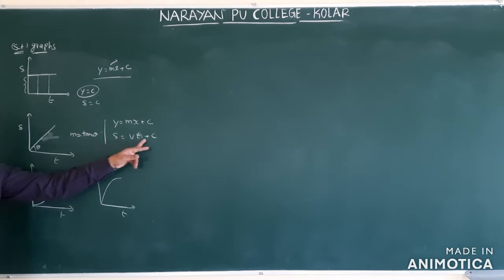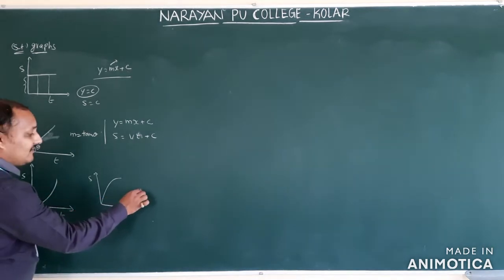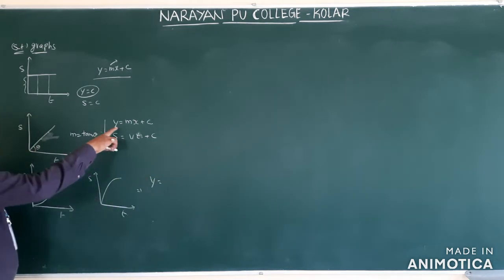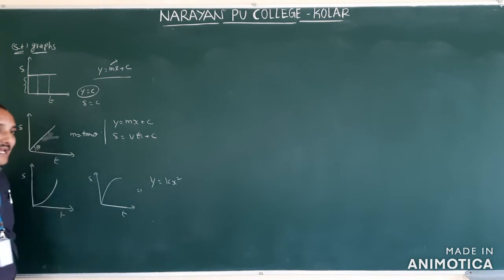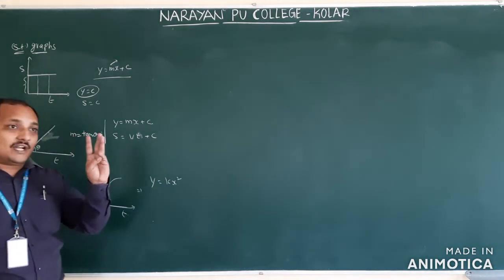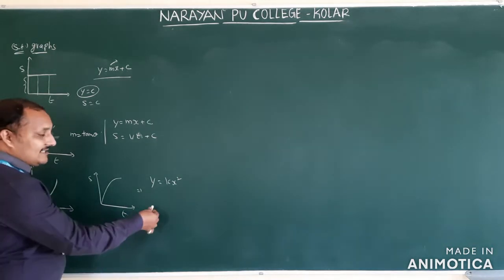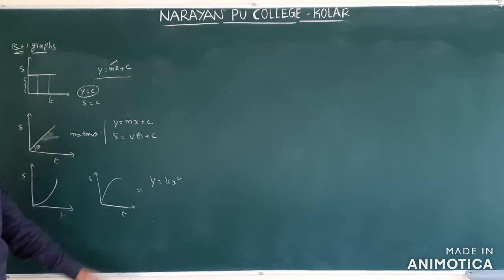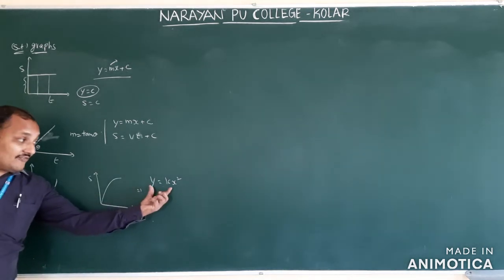If you get an equation like this, that is a straight line. If you get an equation like this, it is called a hyperbola or parabola. But you don't know those yet. In mathematics you will learn the nature of these. The straight line equation is this one, and the parabola equation is this one. In your mathematics, you will get equations for the parabola, hyperbola and circle. The circle equation is x square plus y square plus 2gx plus 2fy plus c is equal to 0.